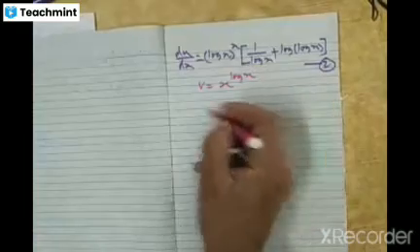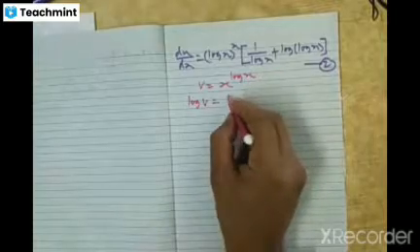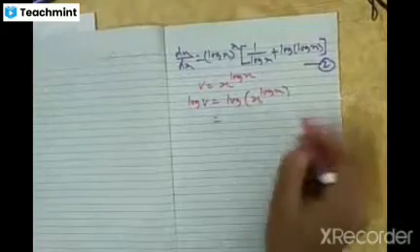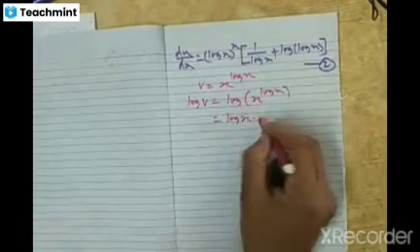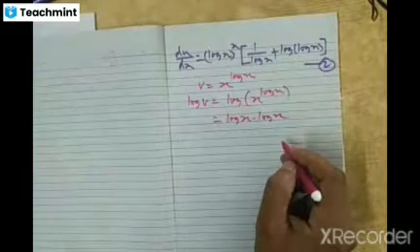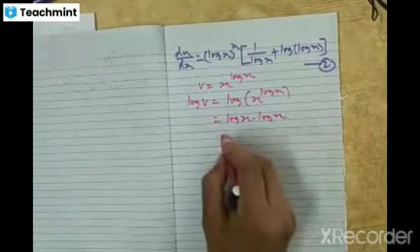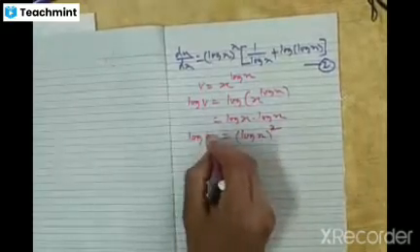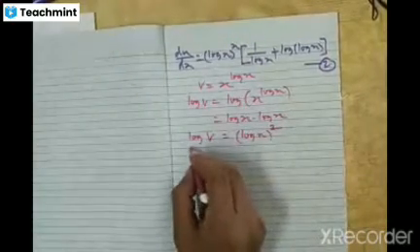So take log on both sides directly. Log v is equal to log of x per log x, correct? So this is equal to, using the property log m per n is n log m, we get log x into log x. Now we can differentiate directly, or I can also write log x into log x as (log x) whole square. Now to find dv by dx, we shall differentiate both sides with respect to x.